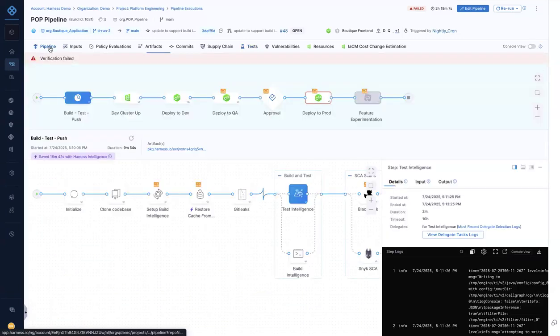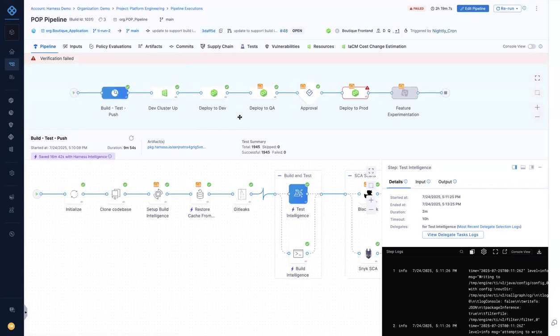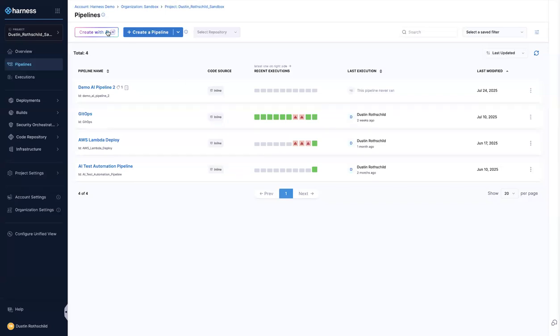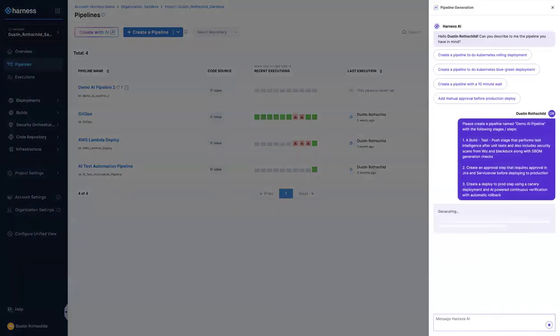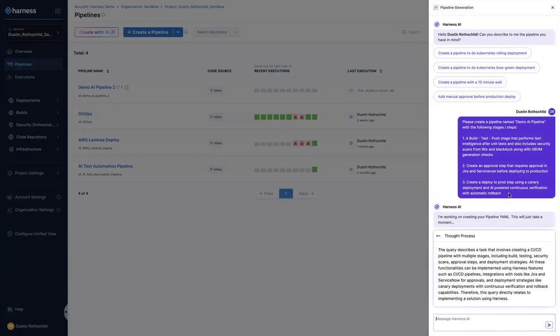But when you go to this pipeline, you might say, this is great, but how long does it actually take to build this out? And so I want to show how easy it is to recreate this using our AI here. So here now I'm in my personal sandbox, and I'm going to go ahead and recreate this with AI. We can see right here. And I went ahead and built out this prompt beforehand, so I'm not boring anyone by typing all this, but